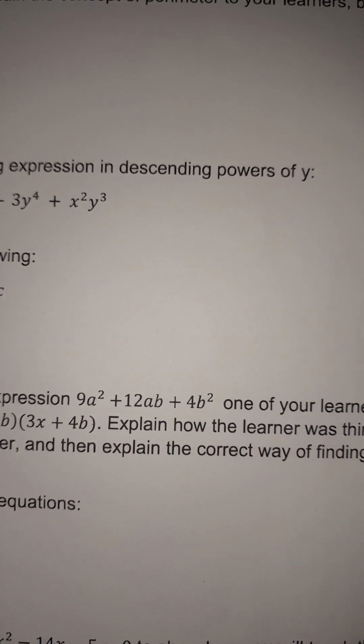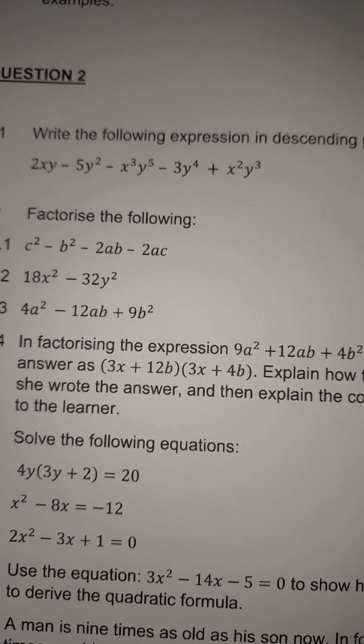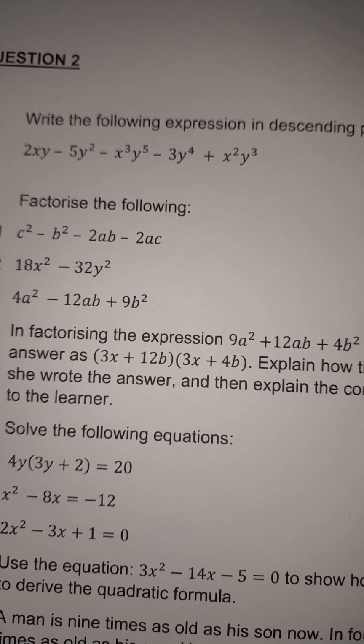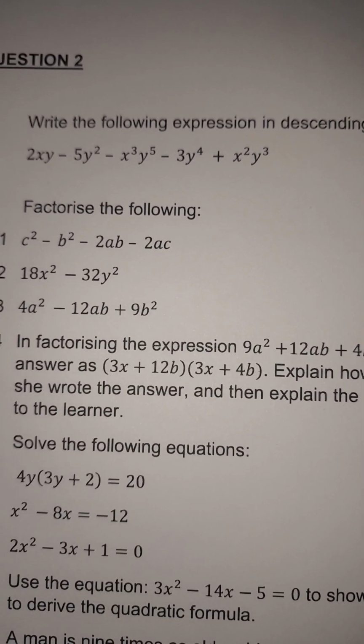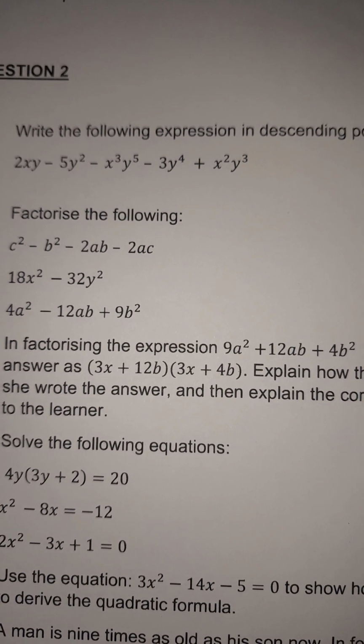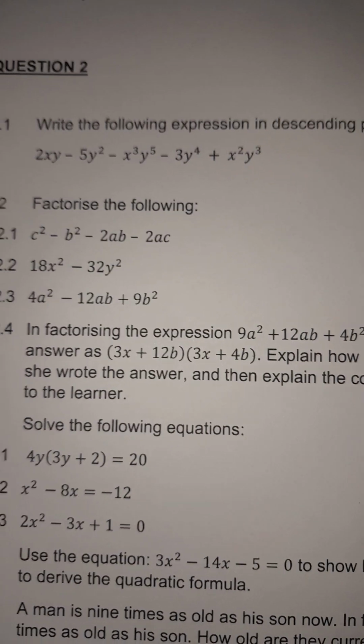So at 2.1, write the following expression in descending power of y. When they say descending power, we will start with the one that has the highest exponent and end with the one that has the lowest exponent. If it was ascending, it will be from the smallest to the biggest exponent, right? Let's put